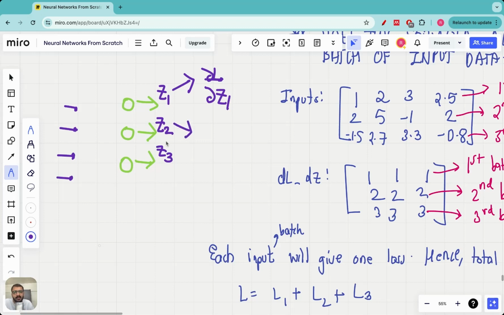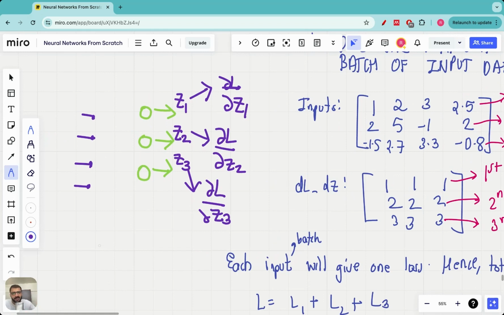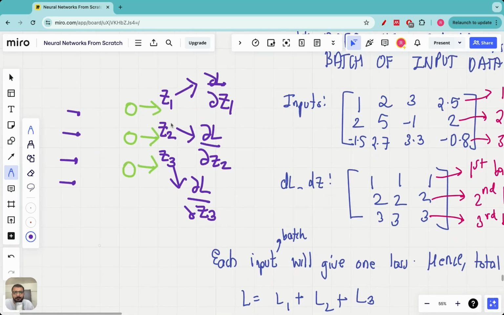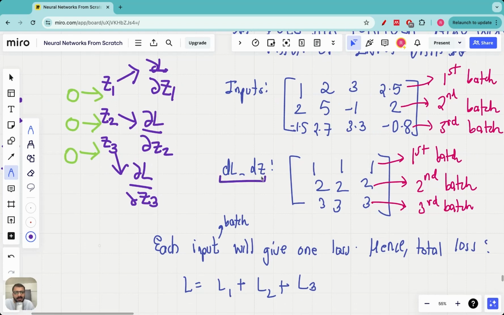There will be one partial derivative of loss with respect to z2, and there will be one partial derivative of loss with respect to z3 for this batch, and that's represented in the first row. However, remember that when a second batch comes in, there will be three other partial derivatives, and when a third batch comes in, there will be three other partial derivatives. So when you look at the DLDZ matrix, it will be a 3 by 3 matrix. The first row is for the first batch, second row is for the second batch, third row is for the